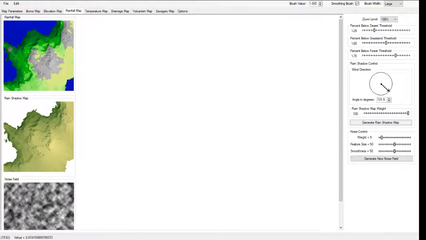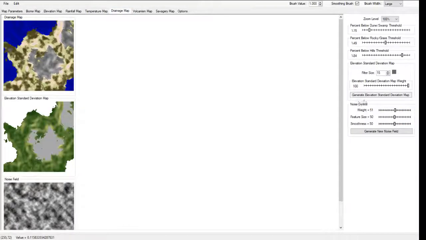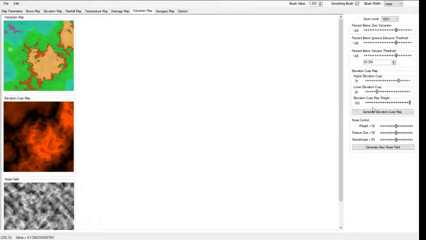You see how all this area is wet? If we generate the rain shadow map, you're going to see a little band coming out of here. See, like that? Where the rain isn't near as strong. But this area north of the mountain is much wetter. And this creates a little bit more variation, and then we're going to have to go update the drainage and the volcanism maps, because